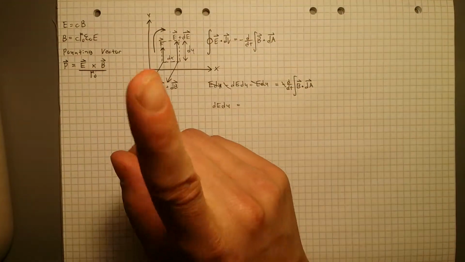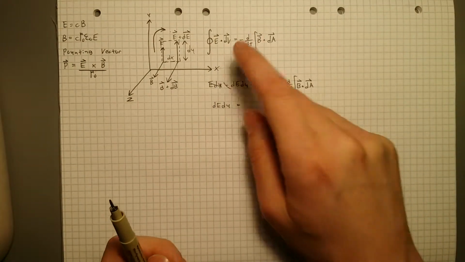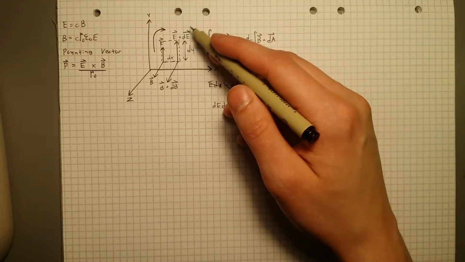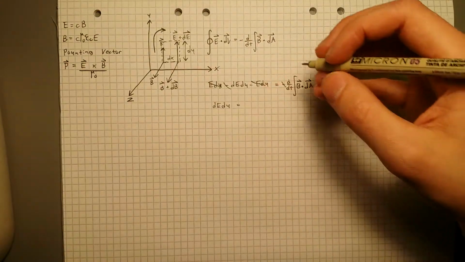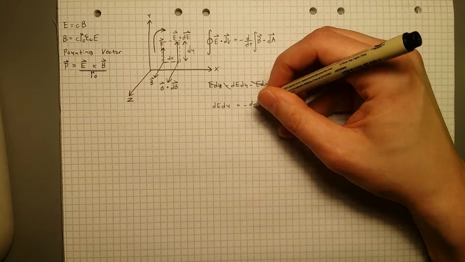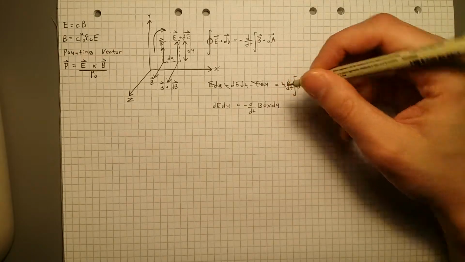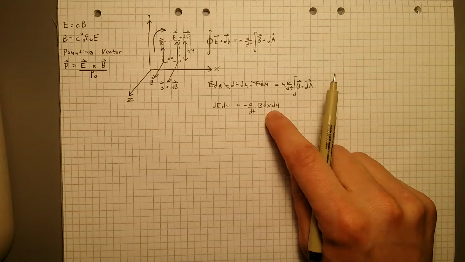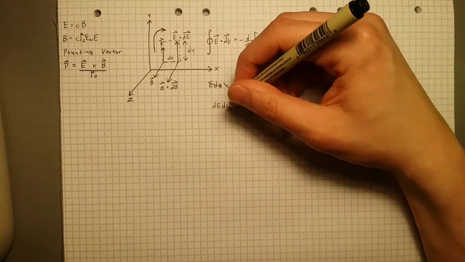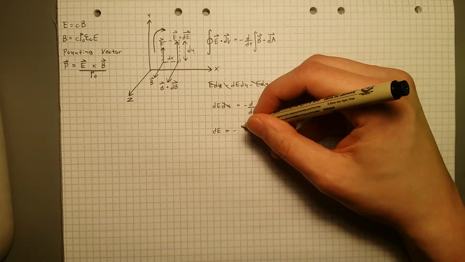So by picking this dy and crossing it with the next dx, the final vector of the dA, the orthogonal element of the plane here, is in the negative z direction, which means we actually get the negative sign back. So the equation becomes dE dy is equal to d/dt of B dx dy. This is the area of the dA element, and that just remains. Now, we can cancel out the dy's, and we are left with dE is equal to negative dB